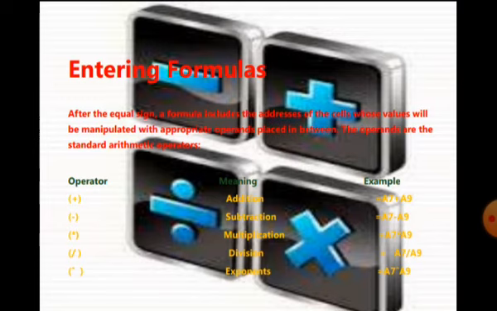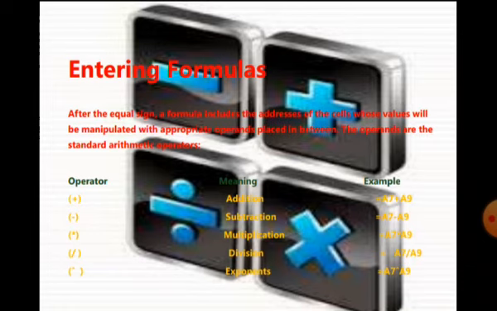For example, you see here the operators are plus, minus, multiply, divide, and caret, which is also called exponent. And the meaning is, if you press the plus button it performs addition, if you press the minus button it performs subtraction, and if you use multiplication, multiplication is performed.